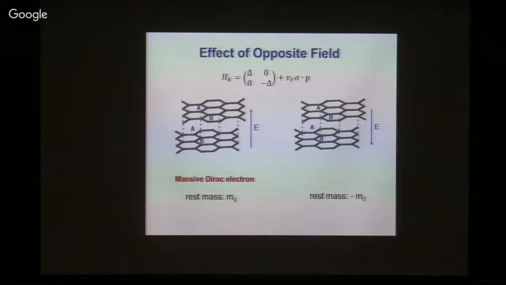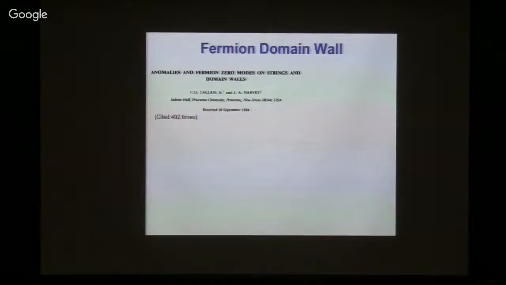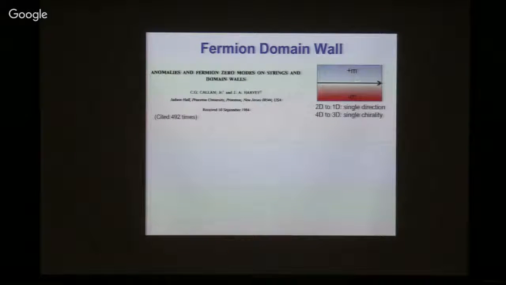And one found out that at the boundary of these two different worlds, there will be a topologically protected new state that shows up, guaranteed to be zero mass around here. So this actually has been studied first in the high energy physics scenario, and is related to the so-called fermion domain wall problem. More than 30 years ago, it was shown that theoretically, if you can imagine two worlds, one side has a positive mass and one side has negative mass.